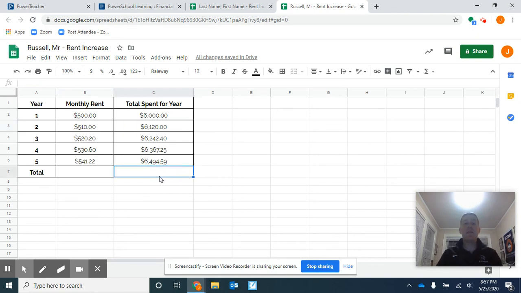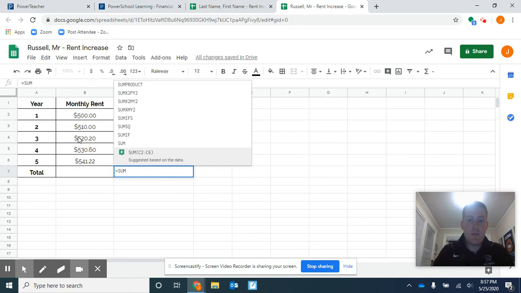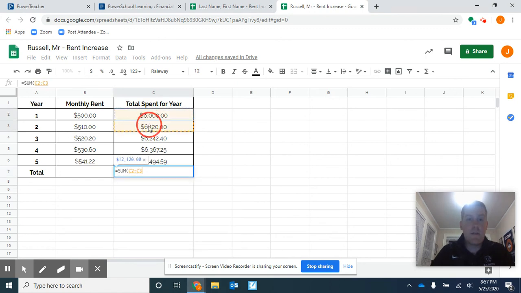All right, and the last thing, I want to find the total amount spent in those 5 years. So I want to add up how much I spent in each year. So I'm going to hit equals, type in sum, and open a parenthesis. And I'm going to highlight the cells I want to add up. So it's the total spent for years 1, 2, 3, 4, and 5. I'm going to close the parenthesis, hit enter, and there's our total,